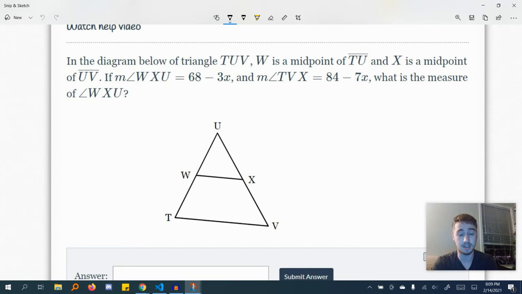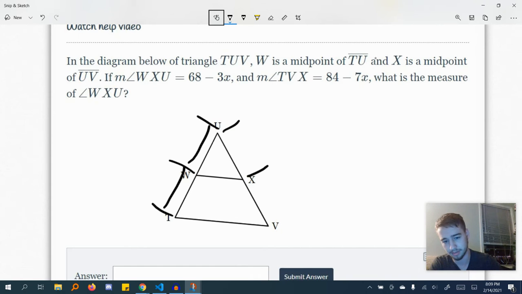It's a midpoint of TU. That means that this is equal to that. So TW and UT are going to be the same length. X is going to be the exact same for segment UV. They're going to be the same length from X. So if angle WXU is 68 minus 3x and TVX is 84 minus 7x, then what is the